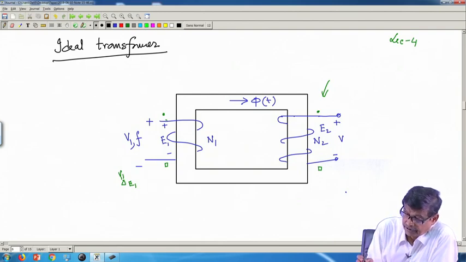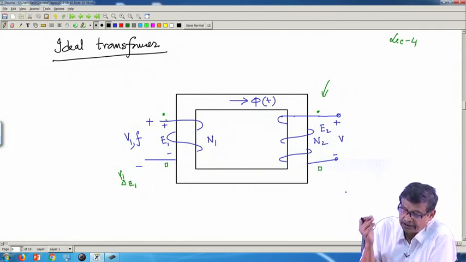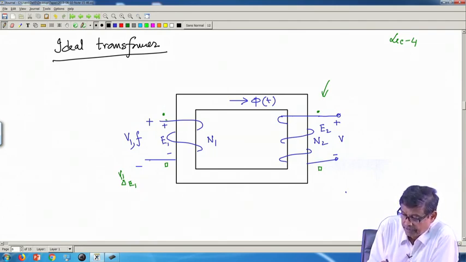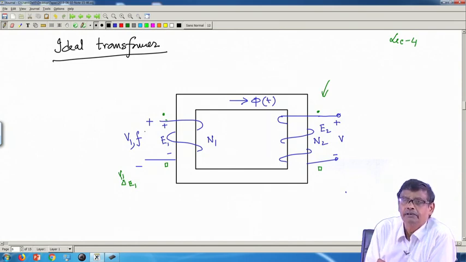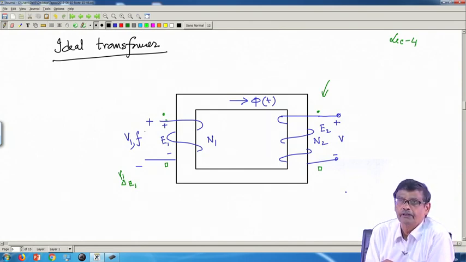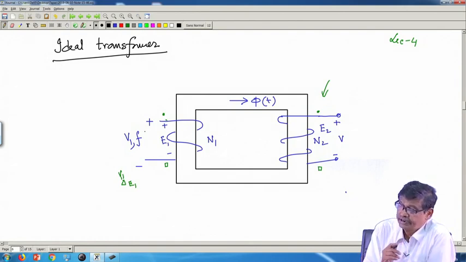There is no leakage flux and permeability of the core is infinitely large, which means that if you energize this primary coil with a known voltage at a frequency, sinusoidal voltage, then the current drawn is vanishingly small. And if that be the case, then there will be phi t, peak value of this phi t is phi max,